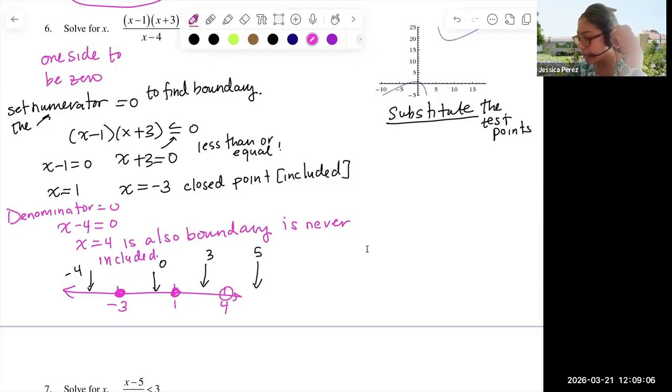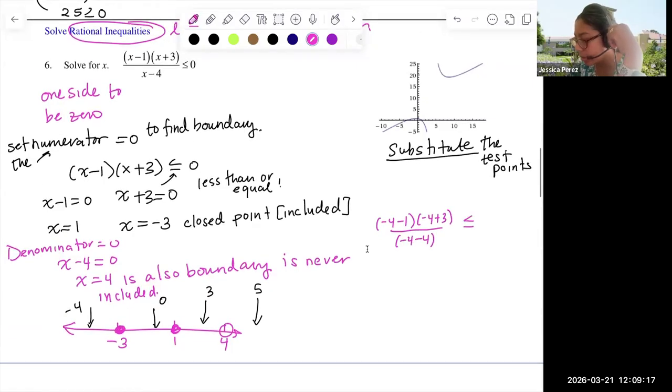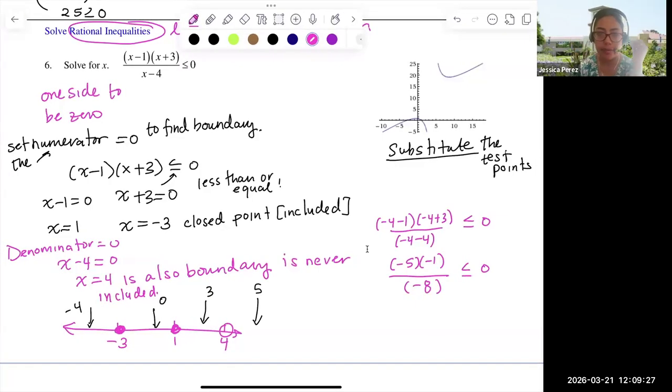So the first test point is going to be negative 4. Negative 4 minus 1, negative 4 plus 3, over negative 4 minus 4. Is that less than or equal to 0? Let's check. It's going to be negative 5, negative 1, and then negative 8. Is that less than or equal to 0? Well, with 5 and a negative, it's going to be a negative. So this value is negative. Is that less than 0? Yes. So I'm going to shade this region,